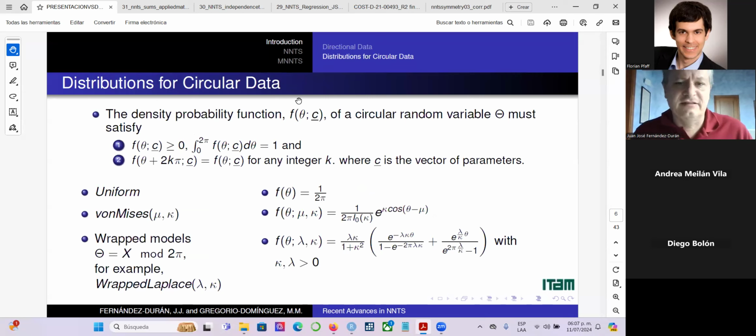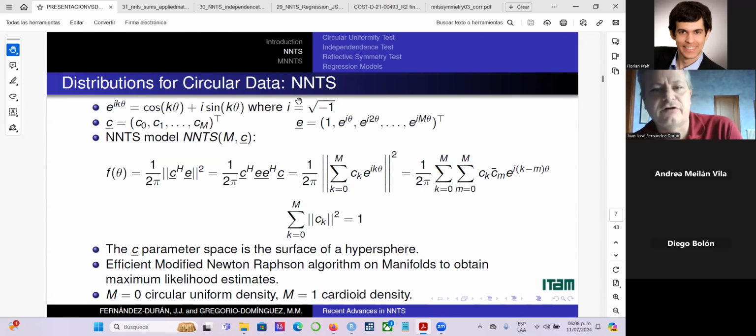Common cases are the von Mises and the wrapped Cauchy models. Many of these models, as has been discussed in a previous presentation, are symmetric and unimodal. Then we try to generate a family of models that can be asymmetric, and also can be multimodal. This is the family of non-negative trigonometric sums, NNTS, that is defined in that way because